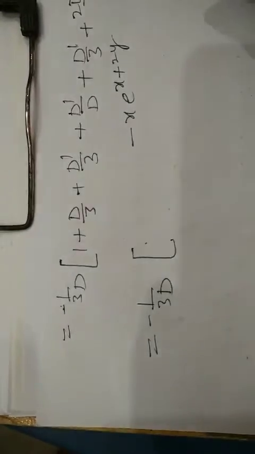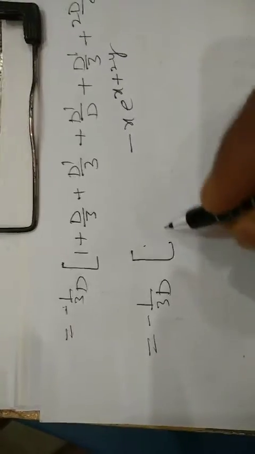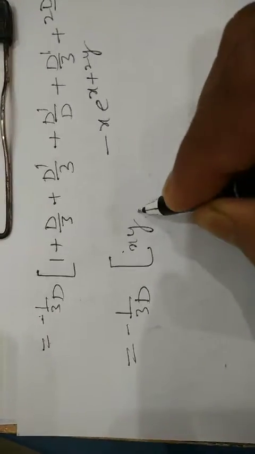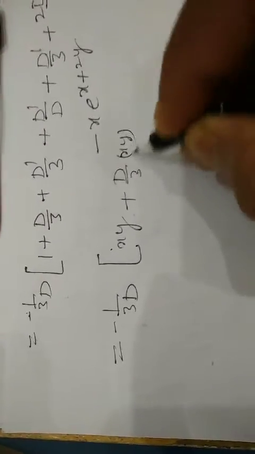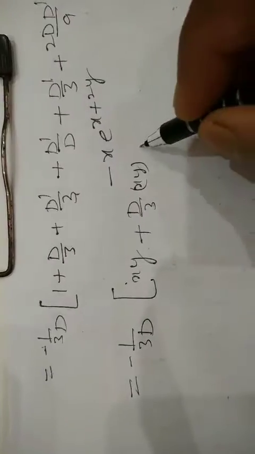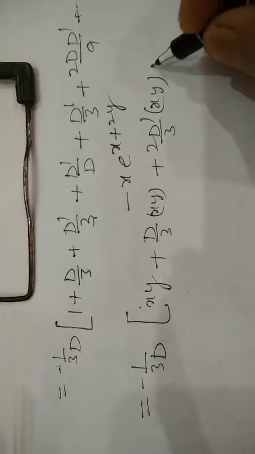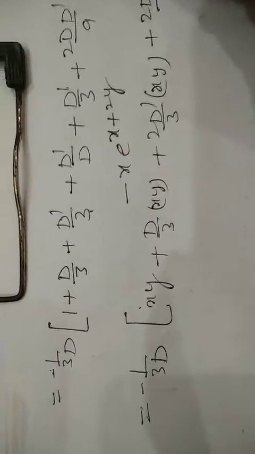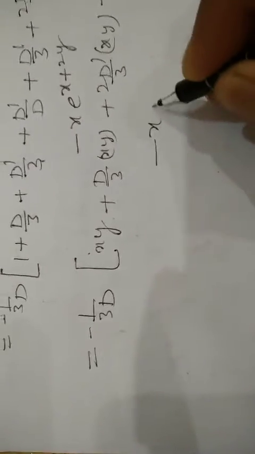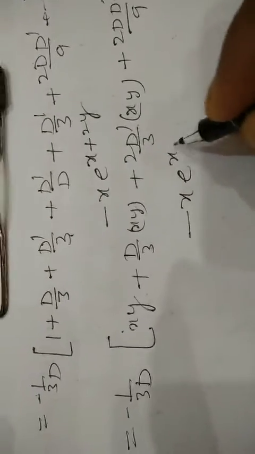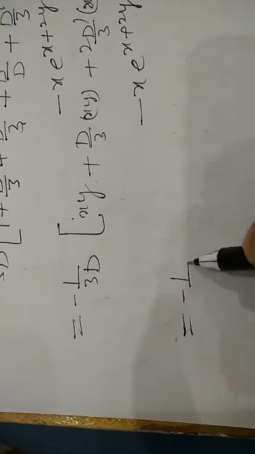After multiplication by xy, it becomes minus 1 upon 3D, and this is xy plus D by 3 of xy, D dash by 3 of xy plus 2 D dash by 3 of xy plus 2D D dash by 9 xy plus and so on, minus x e to the power x plus 2y. So just see here, this becomes 1 upon 3D